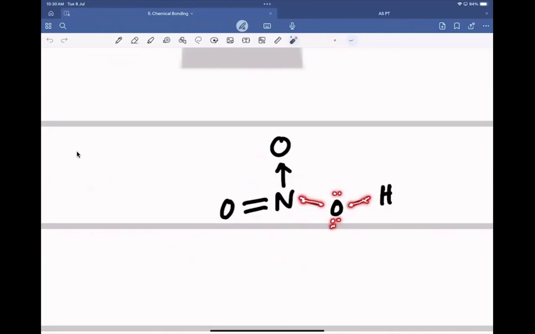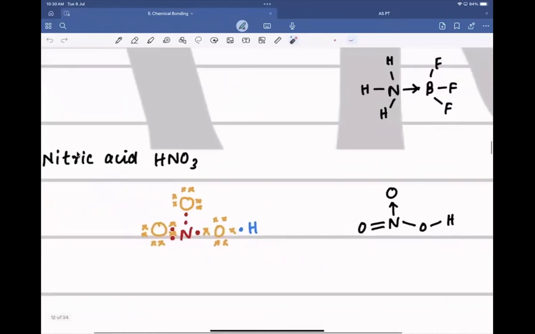So its angle is not going to be 120. 120 is the angle over here, and over here. And the shape around this nitrogen is going to be trigonal planar. Is this clear? Yes, sir. Okay. So in the same way,